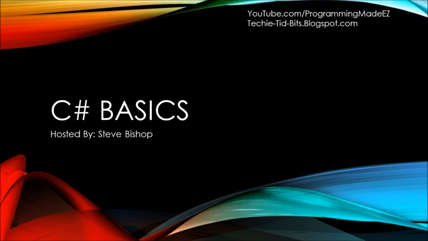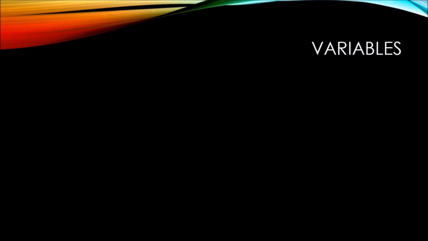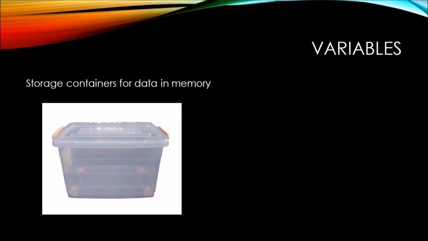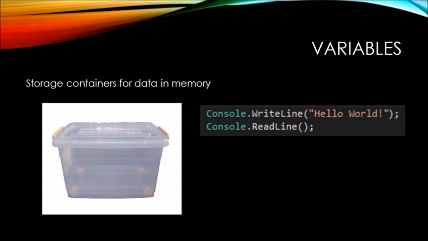In this video on C# Basics, we're going to be taking a look at variables. Now, variables are storage containers for data in memory. You can think of them as a storage container similar to one that you might find around your house. With code that we write, we can go ahead and create one of these storage containers and give it a